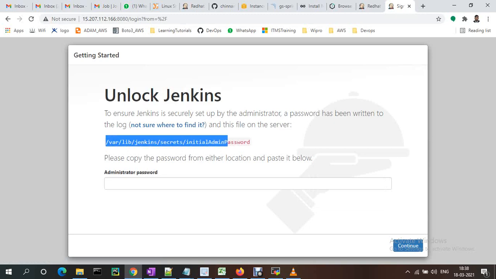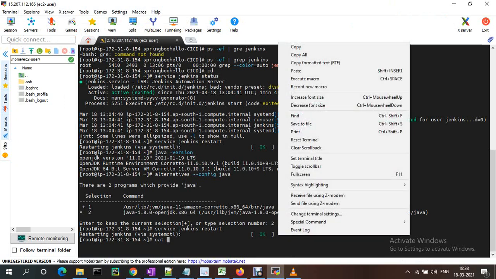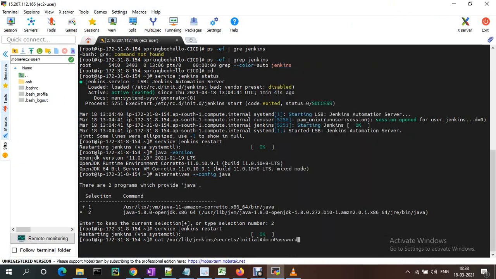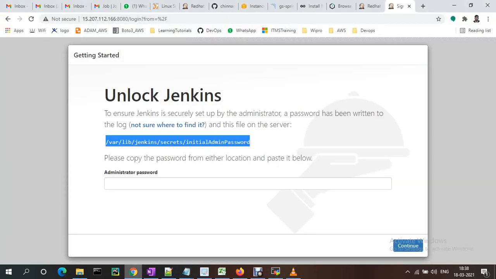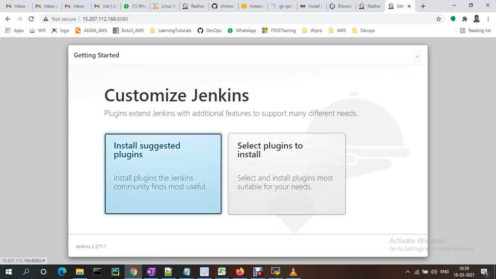And it will prompt you with the admin password location. I just ran cat and took this password. I selected install suggested plugins.